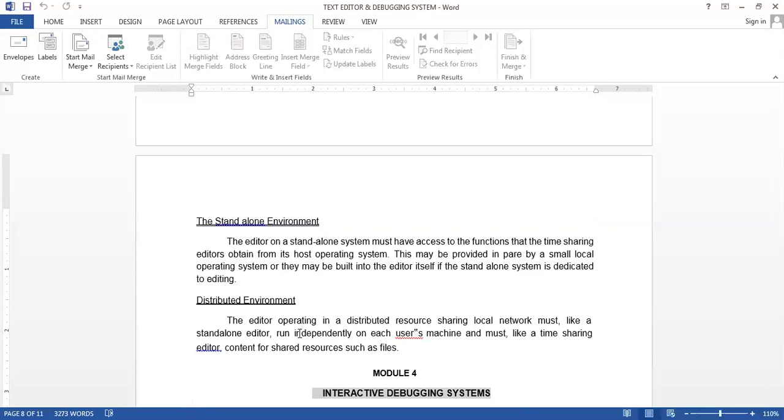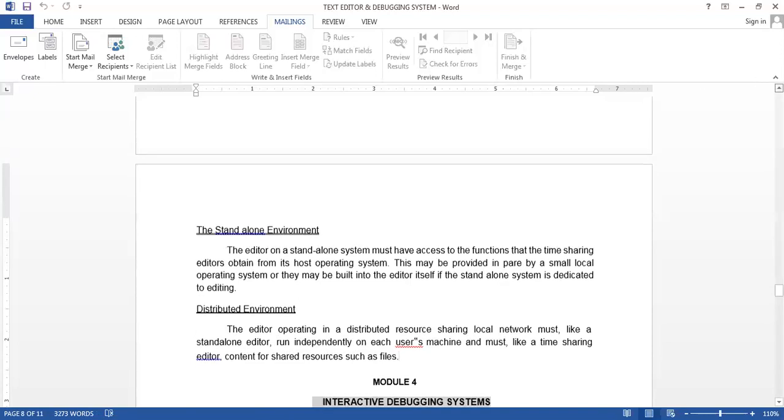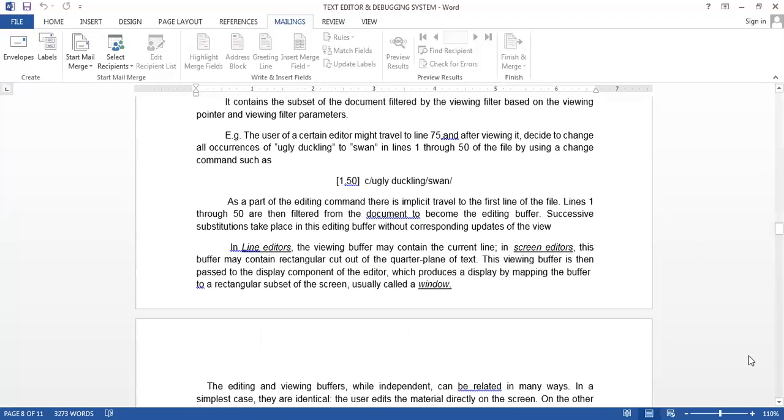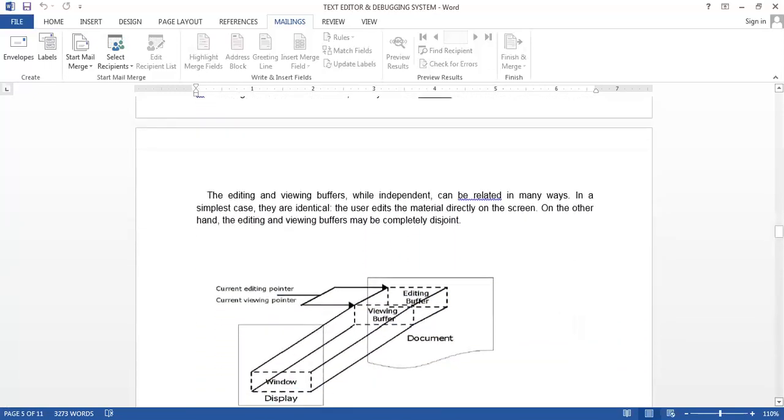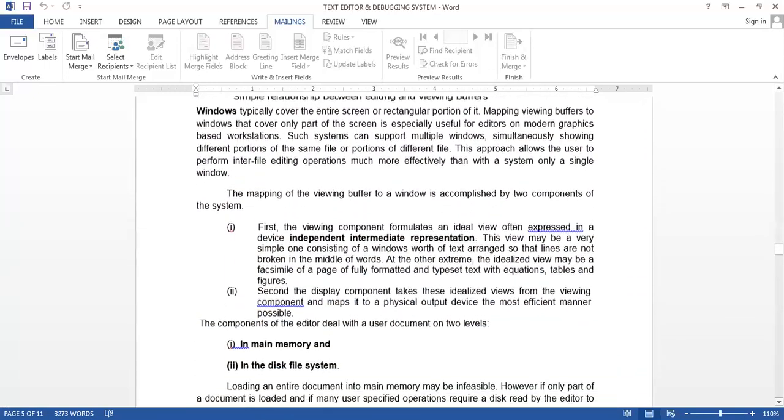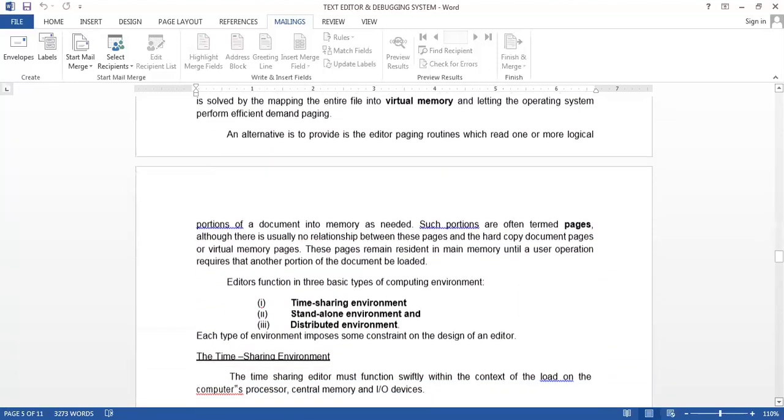But because they are connected in a network, time sharing is also there, based on the resources such as files. So these are the three environments: time sharing, based on the sharing of time; a standalone application; or a distributed environment.